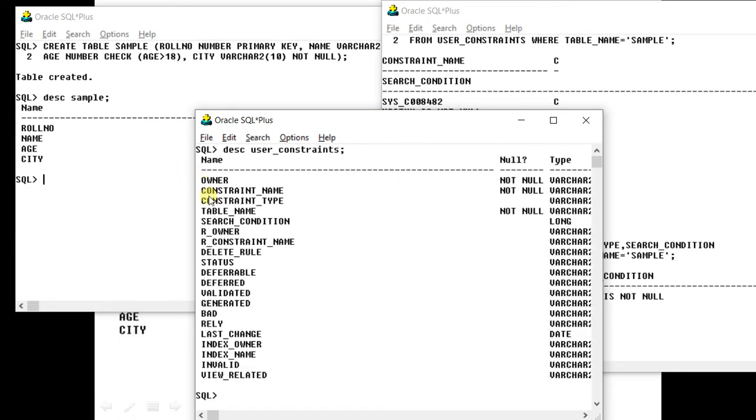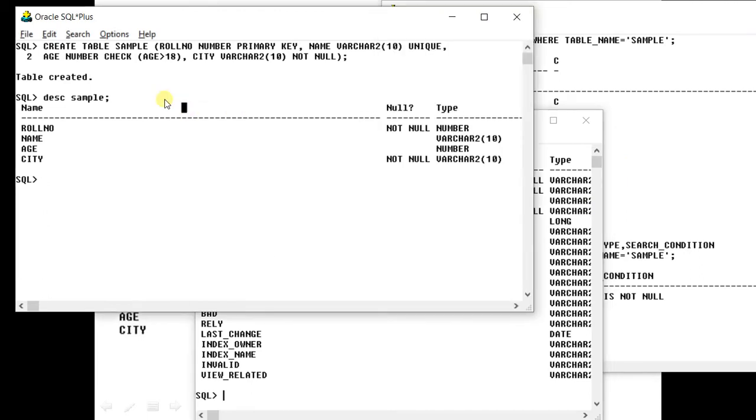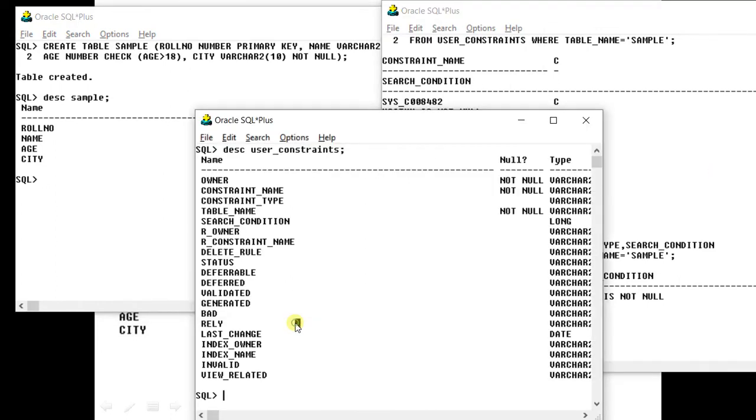As you can see, there are a number of columns, but we will use only these 4 or 5 columns so that our output is simplified. What was the name of our table? Sample. So the column called table name stores the name of the table, and these columns show the type and the name of the constraint.